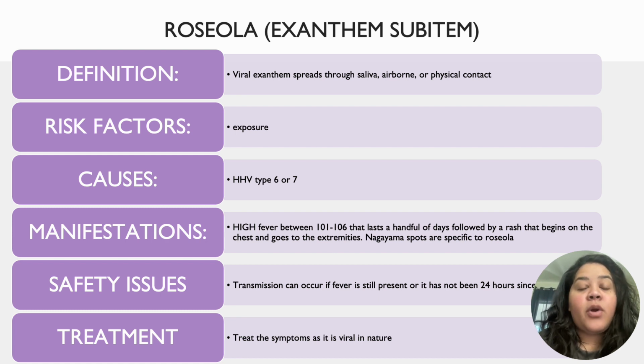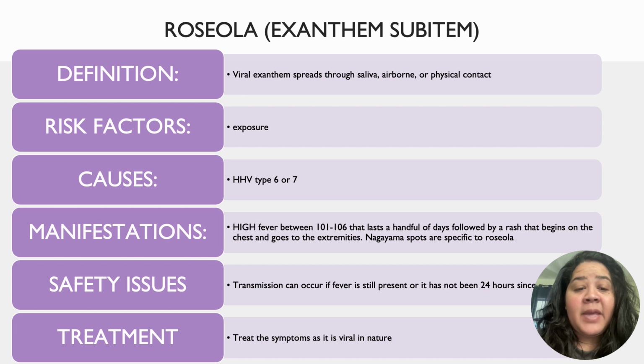The way that I remember this exanthem is roseola has an S in it for super high fevers. And if I remember super high fevers, then I remember herpes. I know that it doesn't really click together, but if you just remember the super high fevers, you'll remember the key characteristic of this exanthem: an extremely high fever between 101 and 106 that lasts a handful of days, usually 3 to 5, and it's